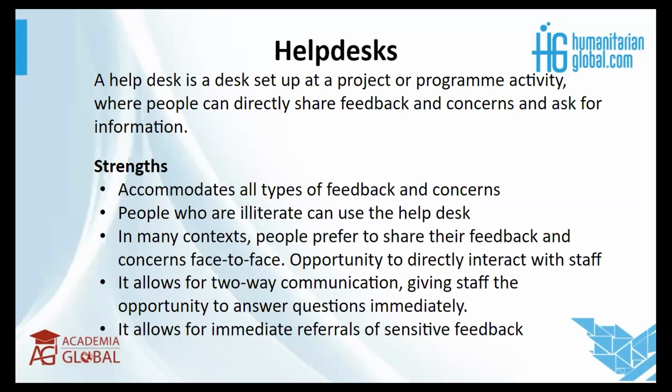You need to ensure that you calm them down and you're able to support them immediately. Also, one thing I had forgotten to mention on the help desk is that it's important that the help desk is manned by both a male and a female person, because when it comes to especially these sensitive issues, it could be a woman, but the woman may not feel that they can open up when a